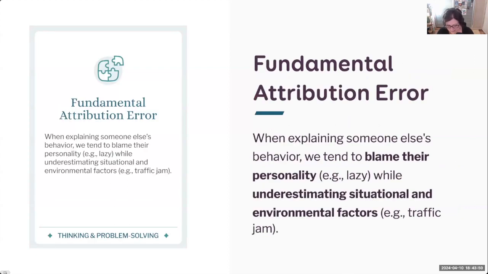Okay, last example, and then you are going to have fun. Fundamental attribution error. I love how some of those names are very fancy. Basically, it means when we explain the behavior of someone, we tend to blame them on their own personality, and we underestimate the situation and environmental factors. Like we think they're lazy because they're late, instead of saying, oh, man, crap, traffic jam, this is why they're late. So I was doing a study with, we did a design sprint to test the design sprint